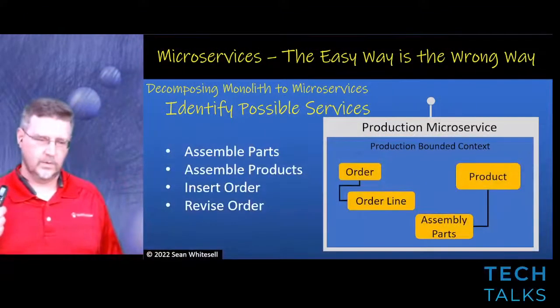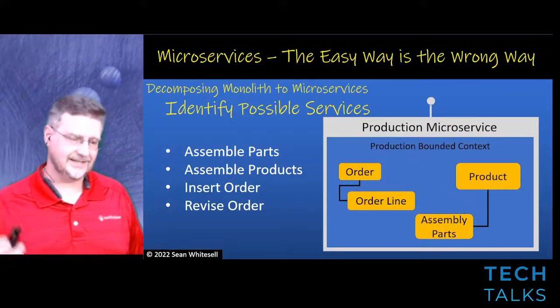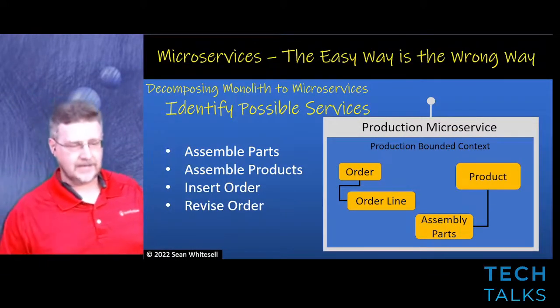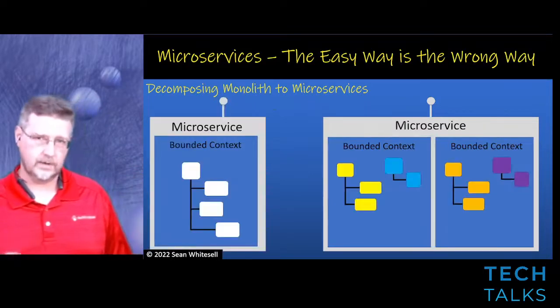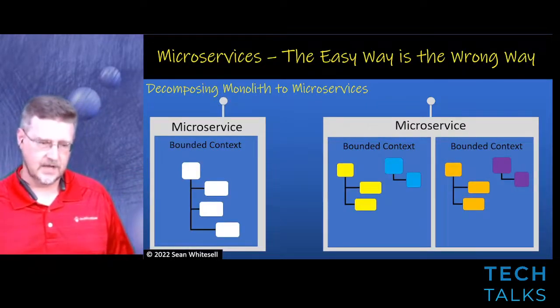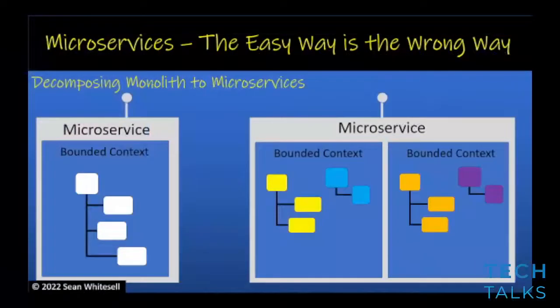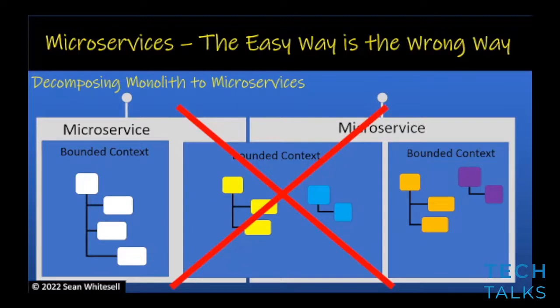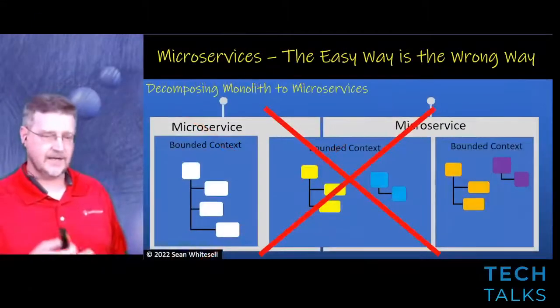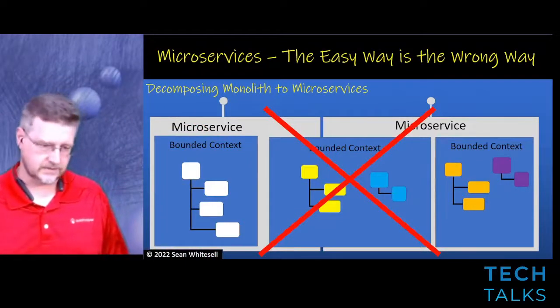Now, one thing we're going to notice is that a microservice can have more than one bounded context in it. But what you will not have, or should not have, is a bounded context that spans across multiple microservices. Because a microservice is an independent application and a bounded context represents a lot of the business functionality, if it spans, how do you guarantee that the code changes would be consistent and not tightly couple the microservices?